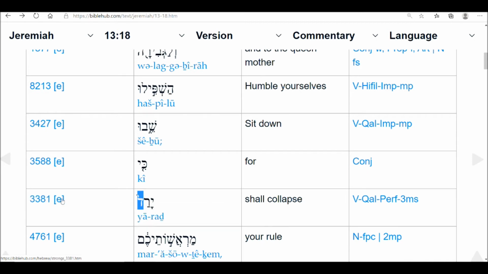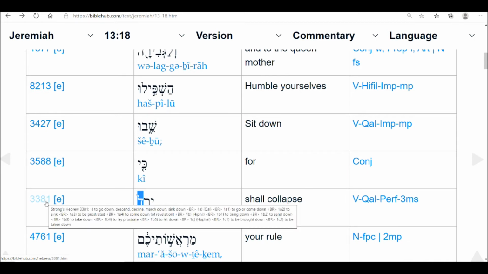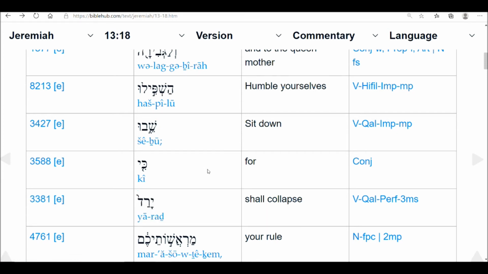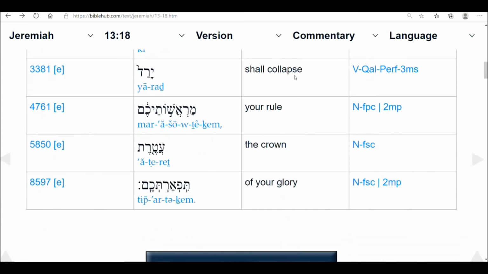So the power comes down to fill them, and they have gone up to receive it, and now they're coming down in the measure of representation. They've completed themselves back to where they were when they came into the experience of love. You can even see in the definition here, to be prostrated, and to come down. Revelation. So they are coming down as the revealed. Fully revealed, fully manifested. So now we're into the word of that principality word. So this is the principality that's coming down.